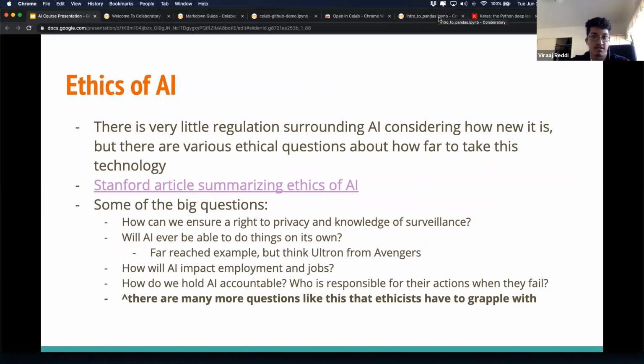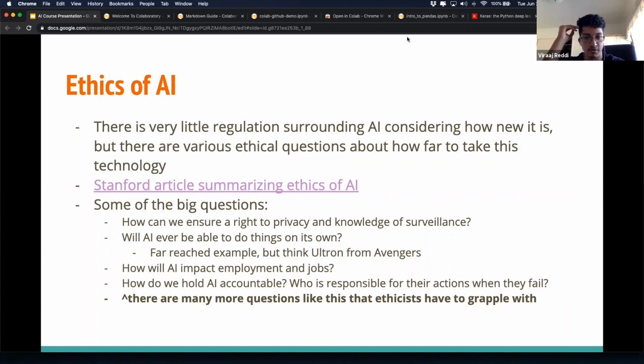Obviously, since AI is so new, there's not that much that we know about it that we can regulate, but there's still a lot of ethical questions. I'm sure you've heard of the whole robots taking over thing, but honestly, as the video mentioned, there are a lot more current day realistic questions that we have to answer. For example, some of them we've listed below.